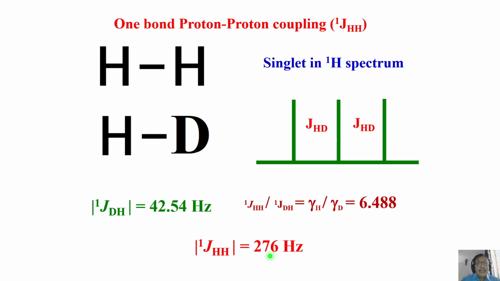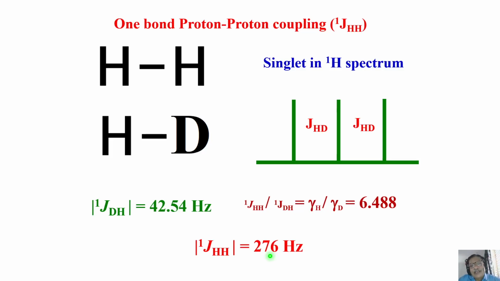Very easy, right? In an equivalent spin system, you can do that. Of course, you can do the same thing in the previous molecule that I showed you. Three-bond HH coupling in cis and trans substituted ethylenes: we saw that in such cases also, you can get HH coupling by making deuterium substitution.